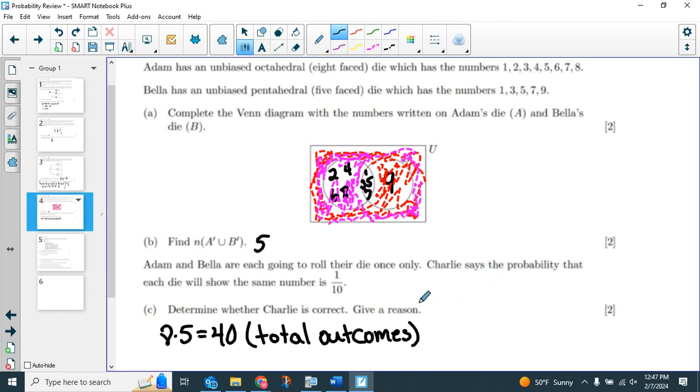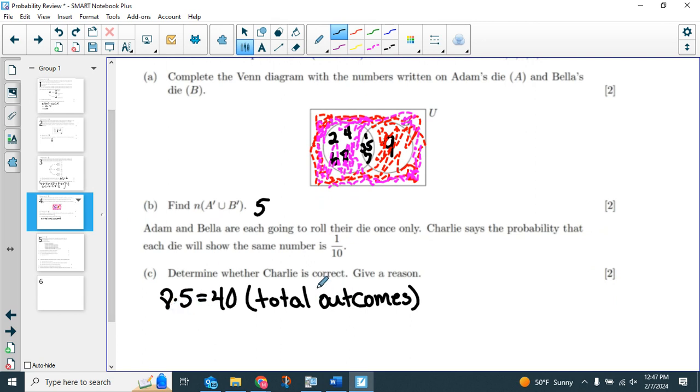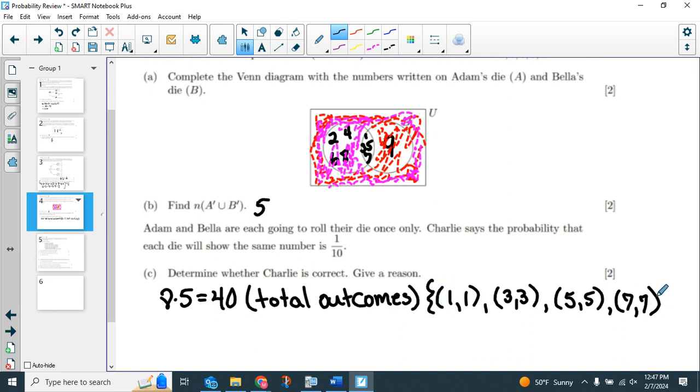Now, how many ways can we actually roll the same number? Well, we can roll the same number. We can do 1 and 1. We can do 3 and 3. We can do 5 and 5. And we can do 7 and 7. So that's all of the possible successes, if you will. So this gives us 4